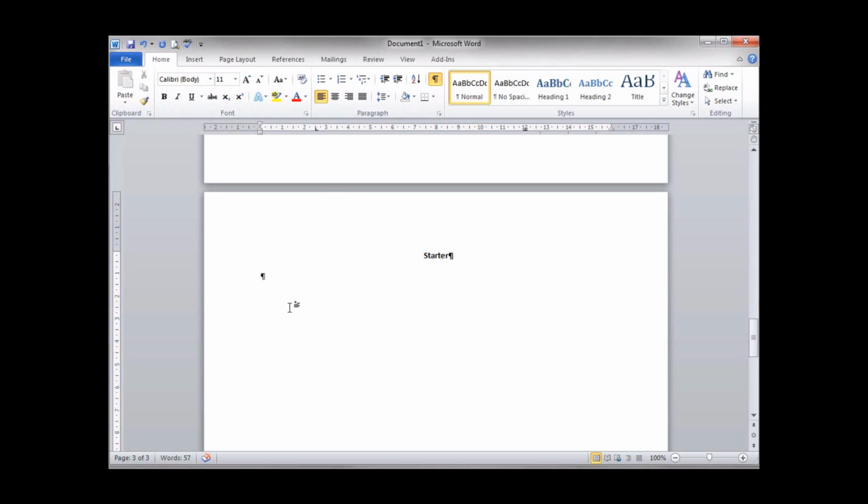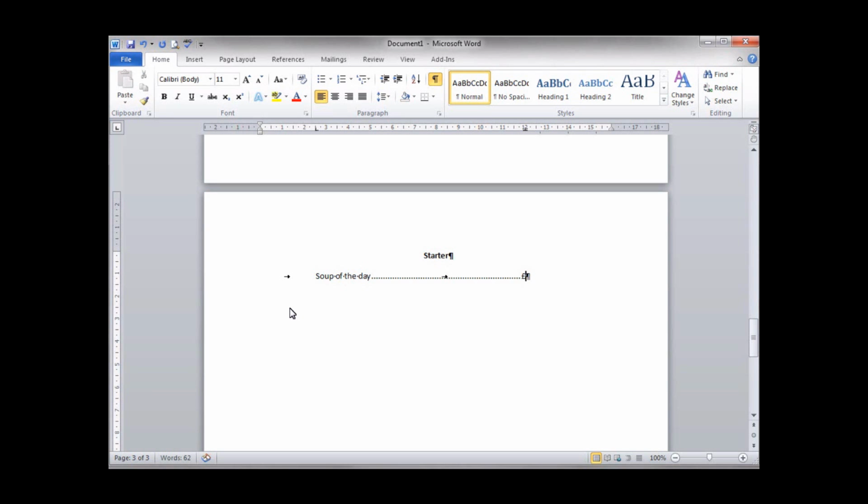Now I can tab and type what I want to. So the first one, press the tab key, and the first one is the soup of the day. So that's a 2.5 left, and now I press the tab key, and it jumps to the decimal tab, and I can add in there